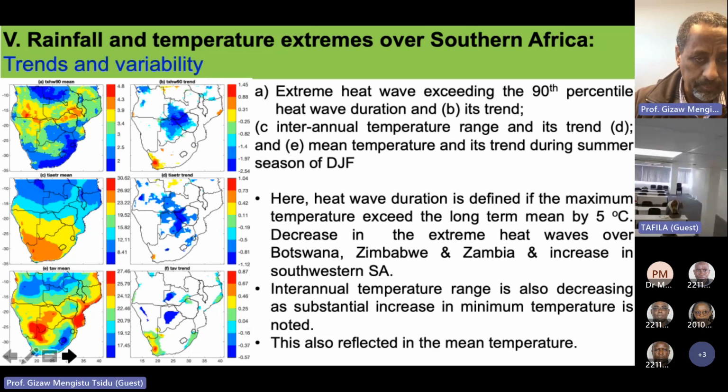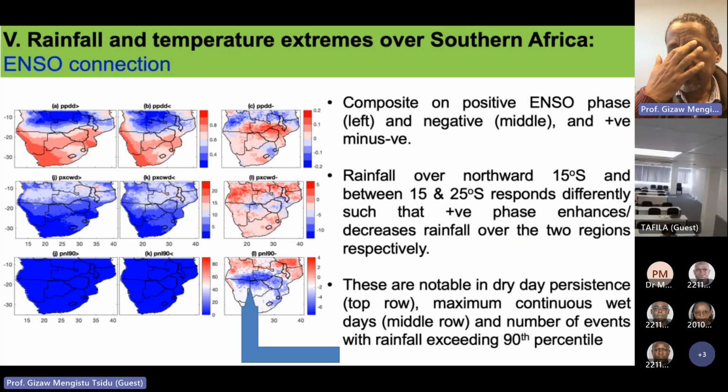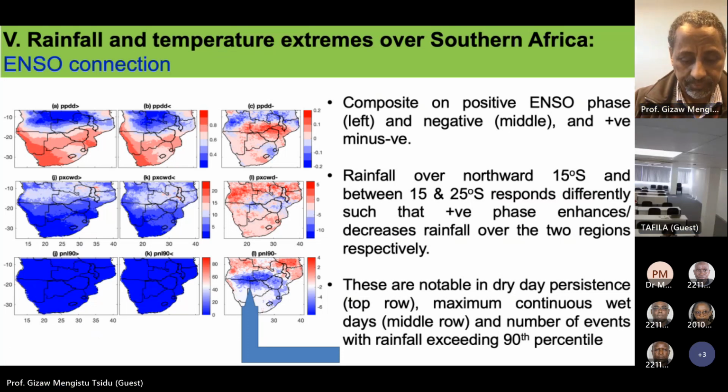Yeah, and another issue is when you look at these extreme cases,